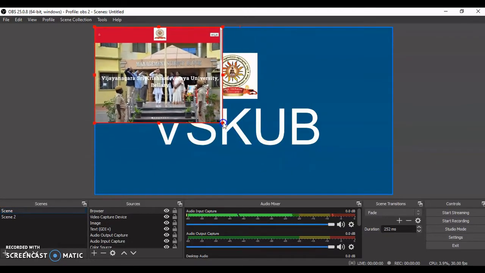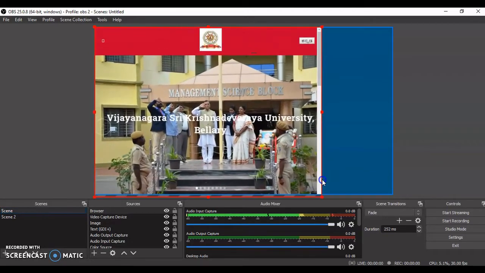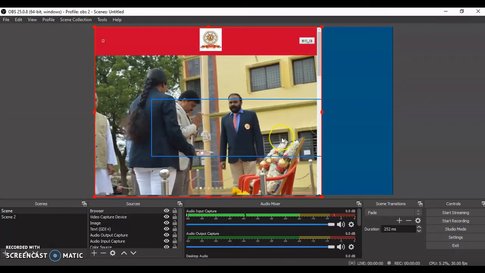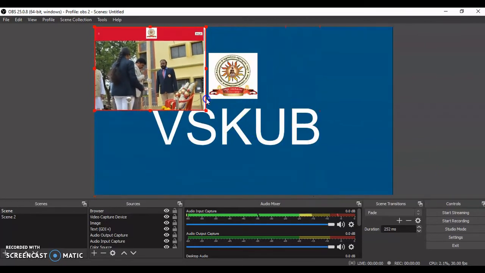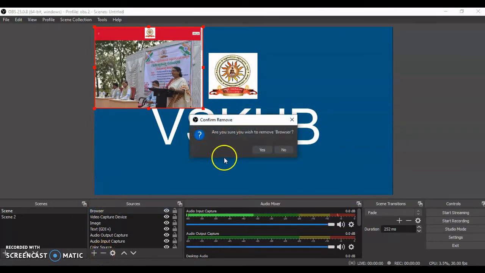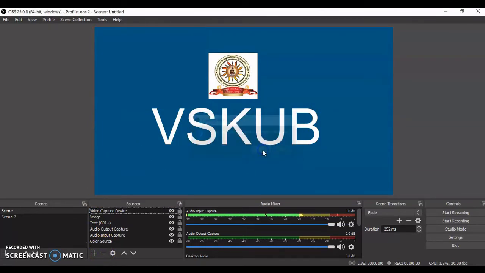Here you can see the university website. If you don't want that, you can click on the same source and click on minus, it removes, and plus adds additional sources.